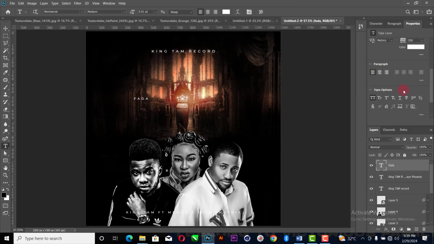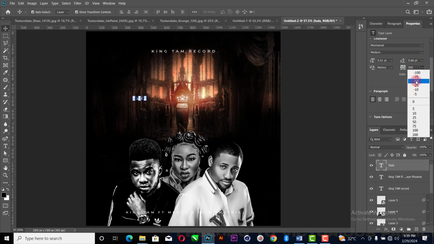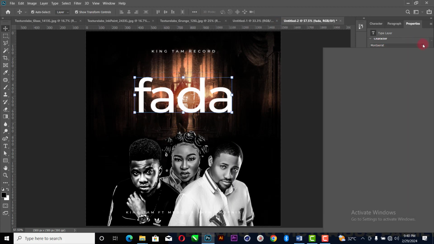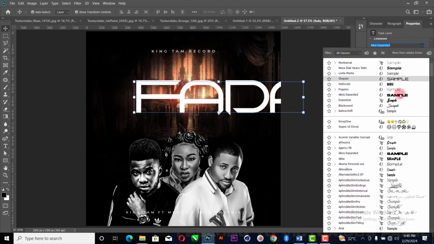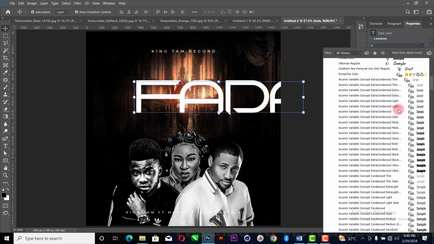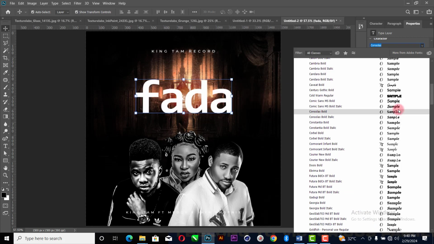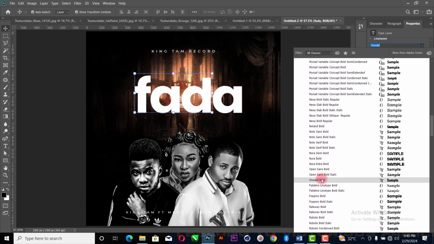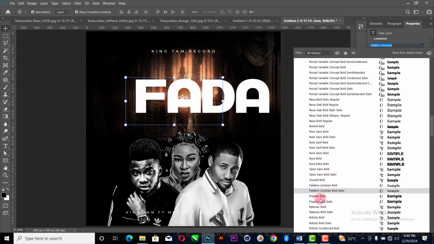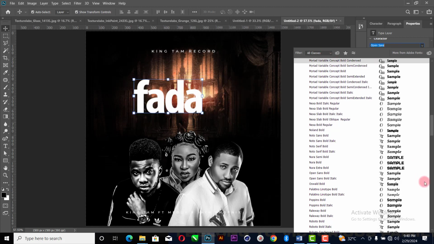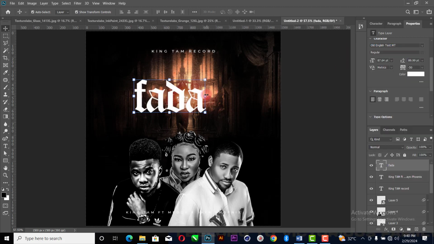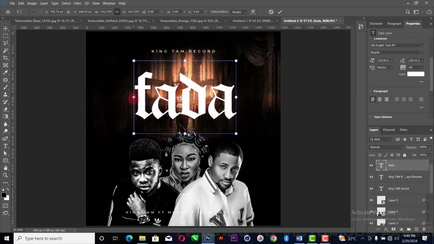Further, change it, remove it from capital letter because of the font you are going to be using. So this you are going to use -50. Increase this very well. So you use Old English. Yeah, that's the name of the font. Old English. Where is it? Yeah, it's my Old English. Oh, I just saw it just now. Okay, look at it. Old English. Sorry about that. Increase it. So this one now